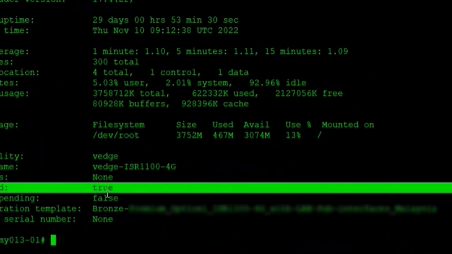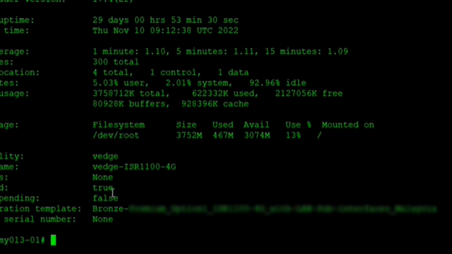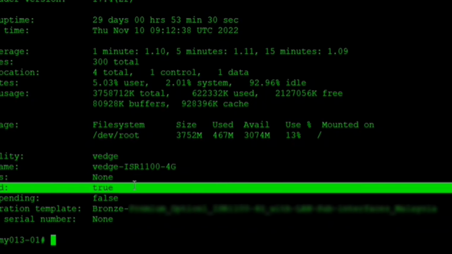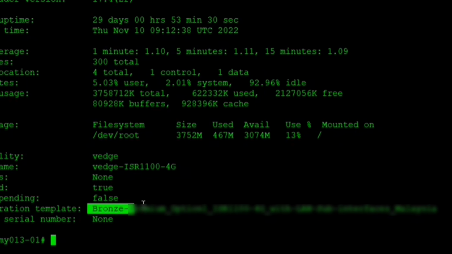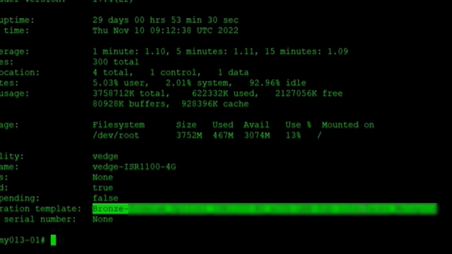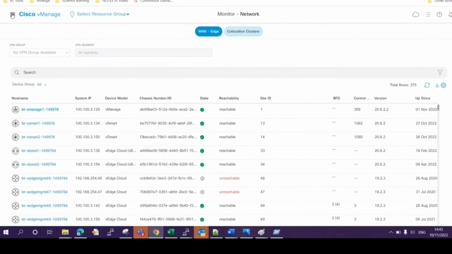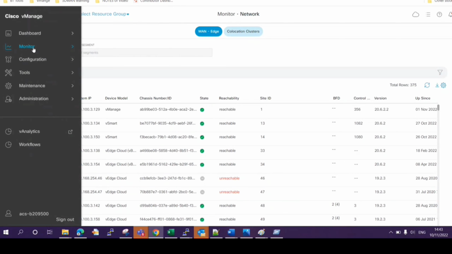that means the device is bound to a template and attached to it, and you will get to know the template name it is attached to. If the device is in CLI mode, you will see vManaged false, and here you will see none. So that's the template to which this device is connected. Once the device is up and reachable and all the control connections are up for this particular TLOC,